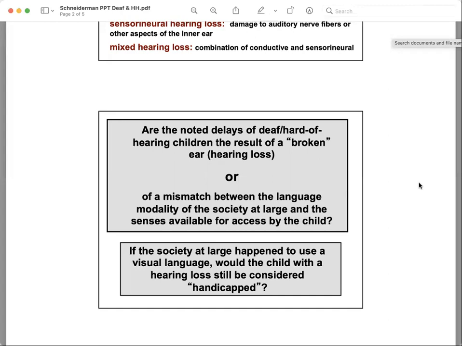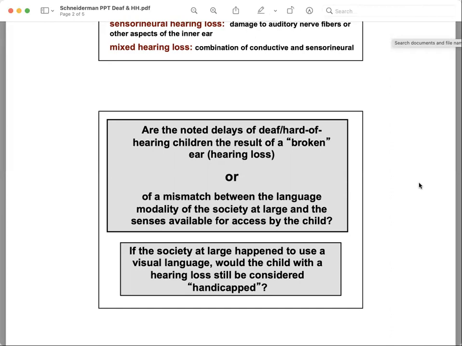And so that's why in this section, I want to talk to you about hearing loss as a physical disability. It's an ear that's broken that results in all sorts of ramifications of other educational issues. But I want to challenge you about what deafness is in a completely different way that doesn't have any place in the physical disability. So we're going to question that, quote, broken ear that's a problem.